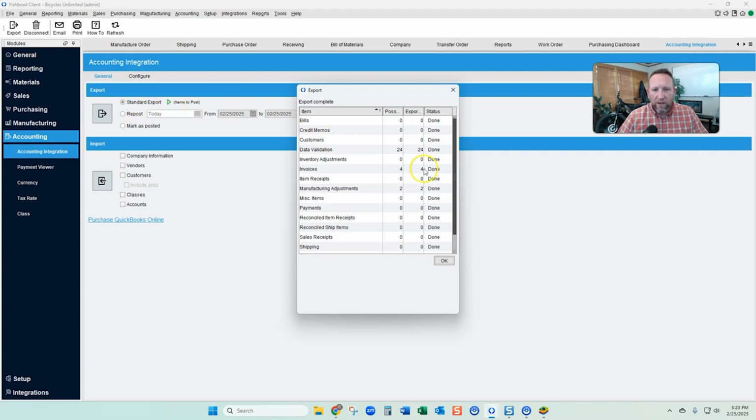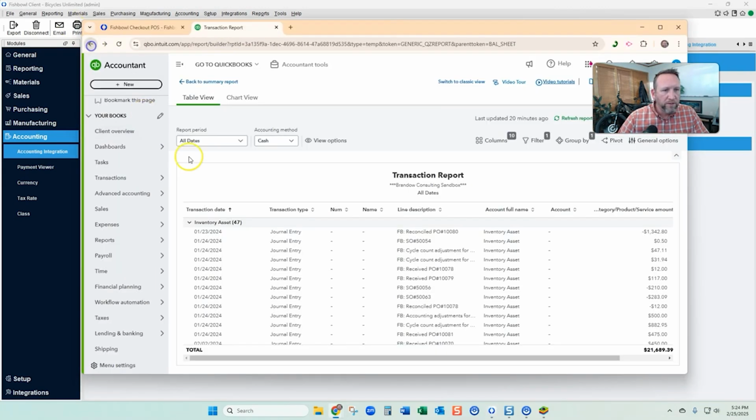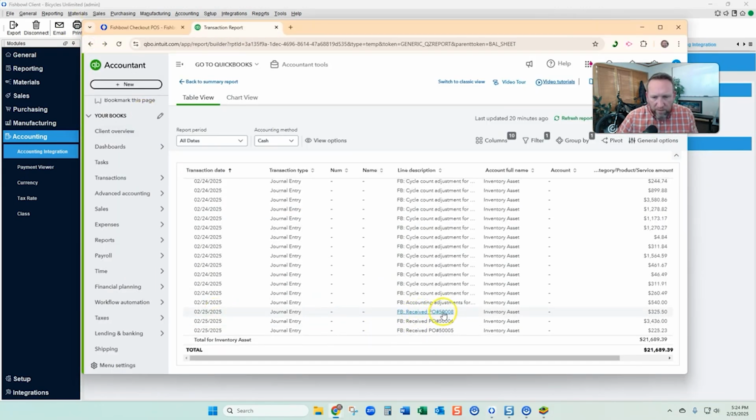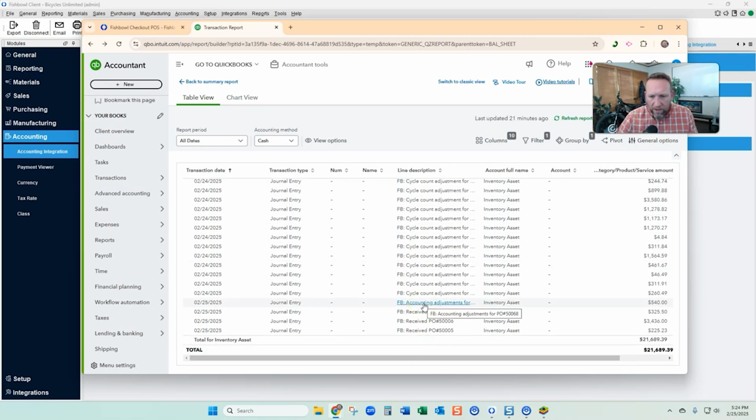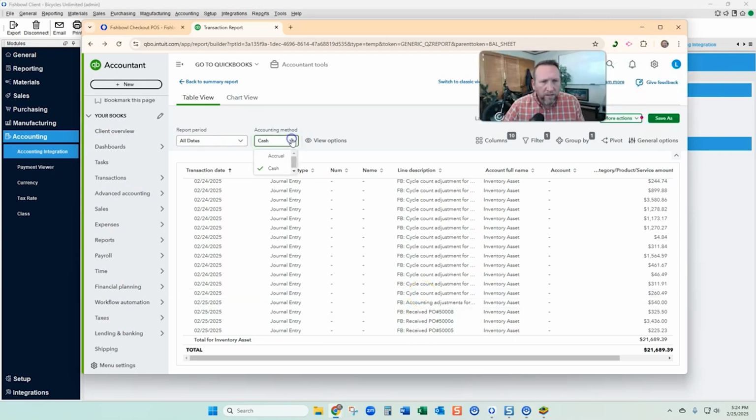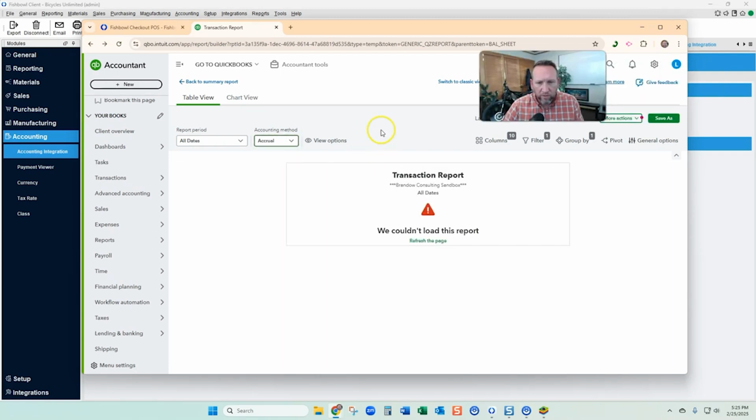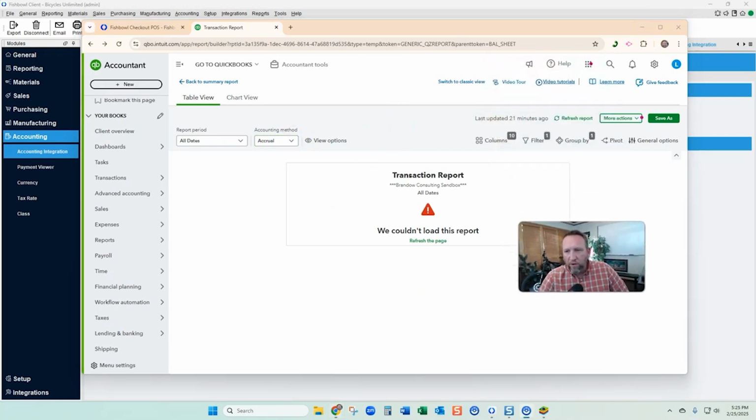So now you see, okay, we shipped, so those shipments created invoices in QuickBooks. And also we closed out some manufacture orders, so those created manufacture order adjustments in QuickBooks. Let's take a look at those. So down here on the 25th, we see receive PO, receive PO, receive PO. These actually are the ones we received. I was looking up here earlier. That's a different day. Counting adjustment for PO, receive, cycle count adjustment. Oh, it's looking at cash. So let's change that to accrual. Oh, didn't like that. It should be on accrual accounting if you're doing inventory and you're doing over $1 million